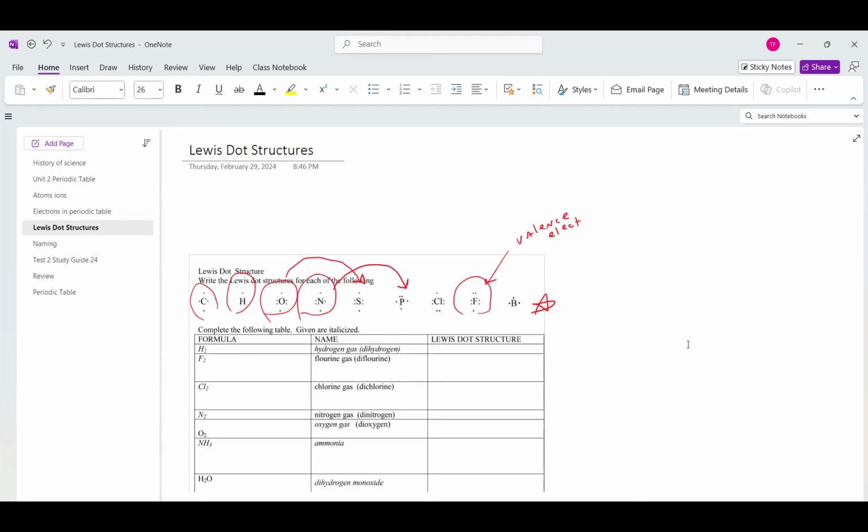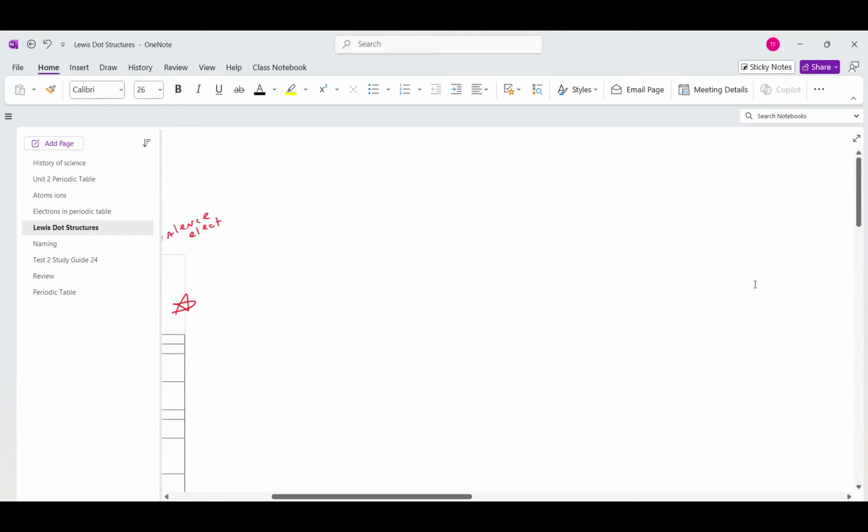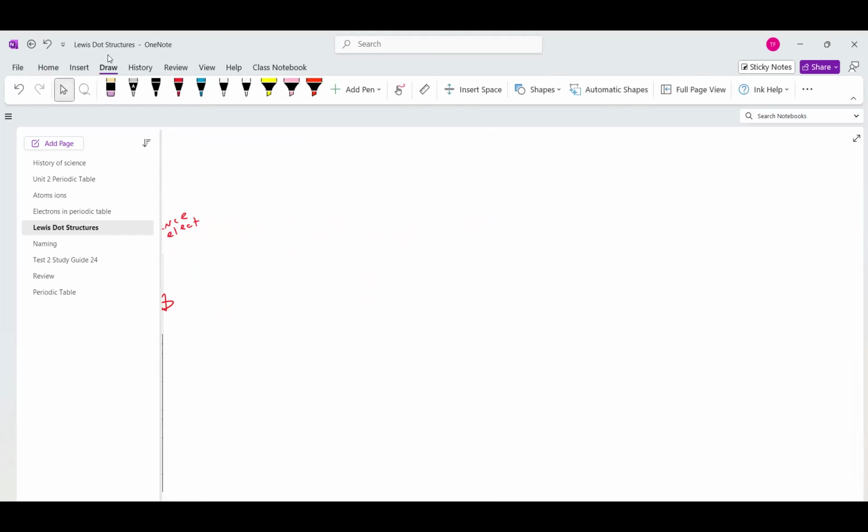Okay, so it's based on valence electrons, and we haven't talked about valence electrons yet. Now there are two kinds of electrons outside the nucleus, and there are electrons inside the nucleus as well. I'm talking about the ones outside the nucleus. There's two kinds. If we look at something like carbon,